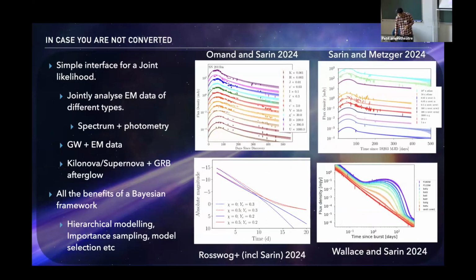So I'm getting the runaround, but in case you're not converted, come chat to me. There's already a bunch of things we've done with this package, including superluminous supernovae, tidal disruption events, GRB afterglows, and in fact also recently taking direct outputs of numerical relativity simulations and seeing what the projected signals would look like.